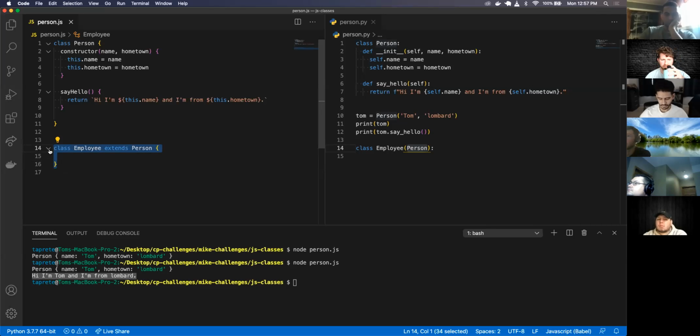What questions do you have? And we're just showing you this because once we get into React, you'll be creating class-based components in addition to functional-based components. All right. With that,